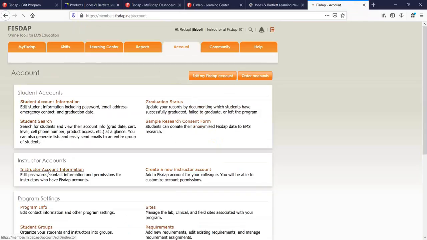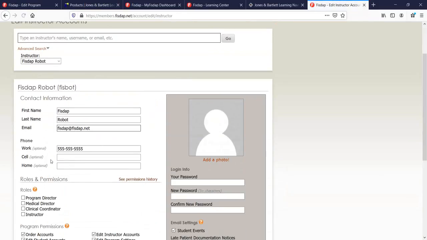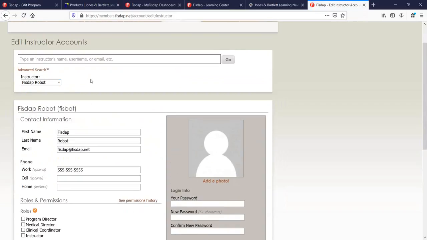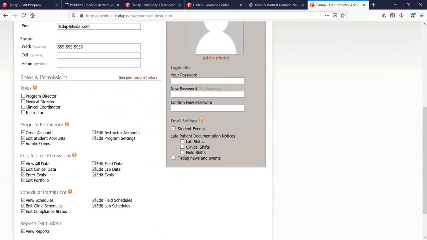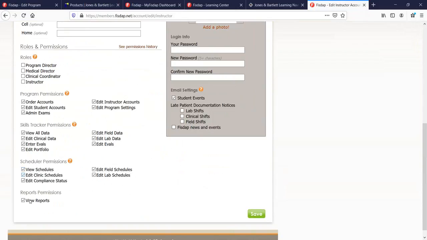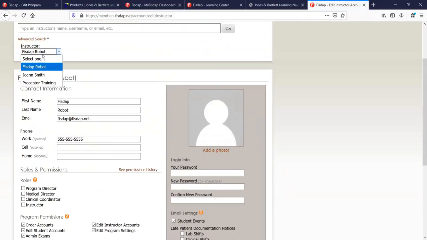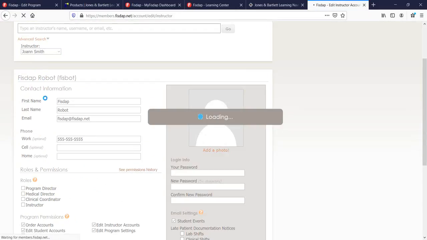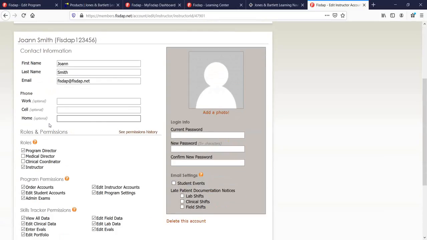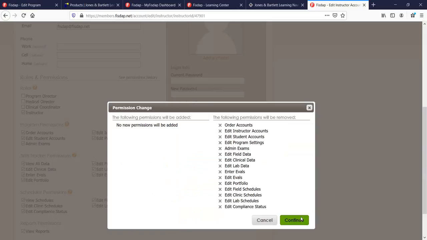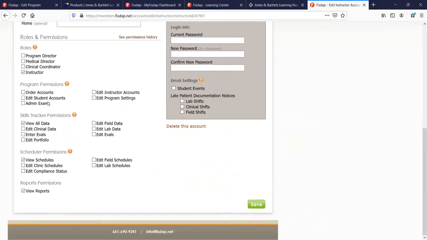That instructor with the minimal instructor account permissions will have just view all data, view schedules, and view reports. So it's effectively a view account. As an example, does Joanne have that? She's got everything, so I'm going to remove that. So now we can see if you just have the instructor listed, it's view all data, view schedules, and view